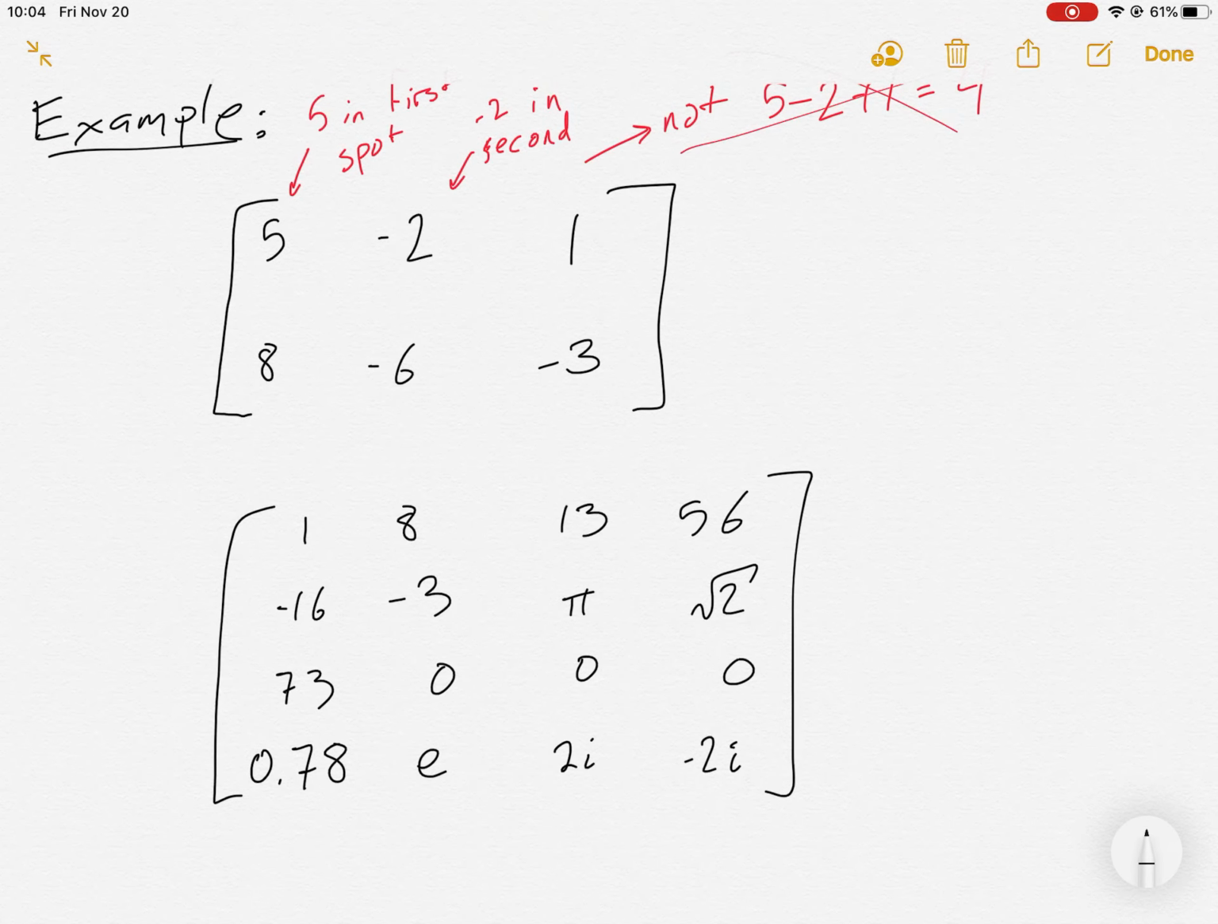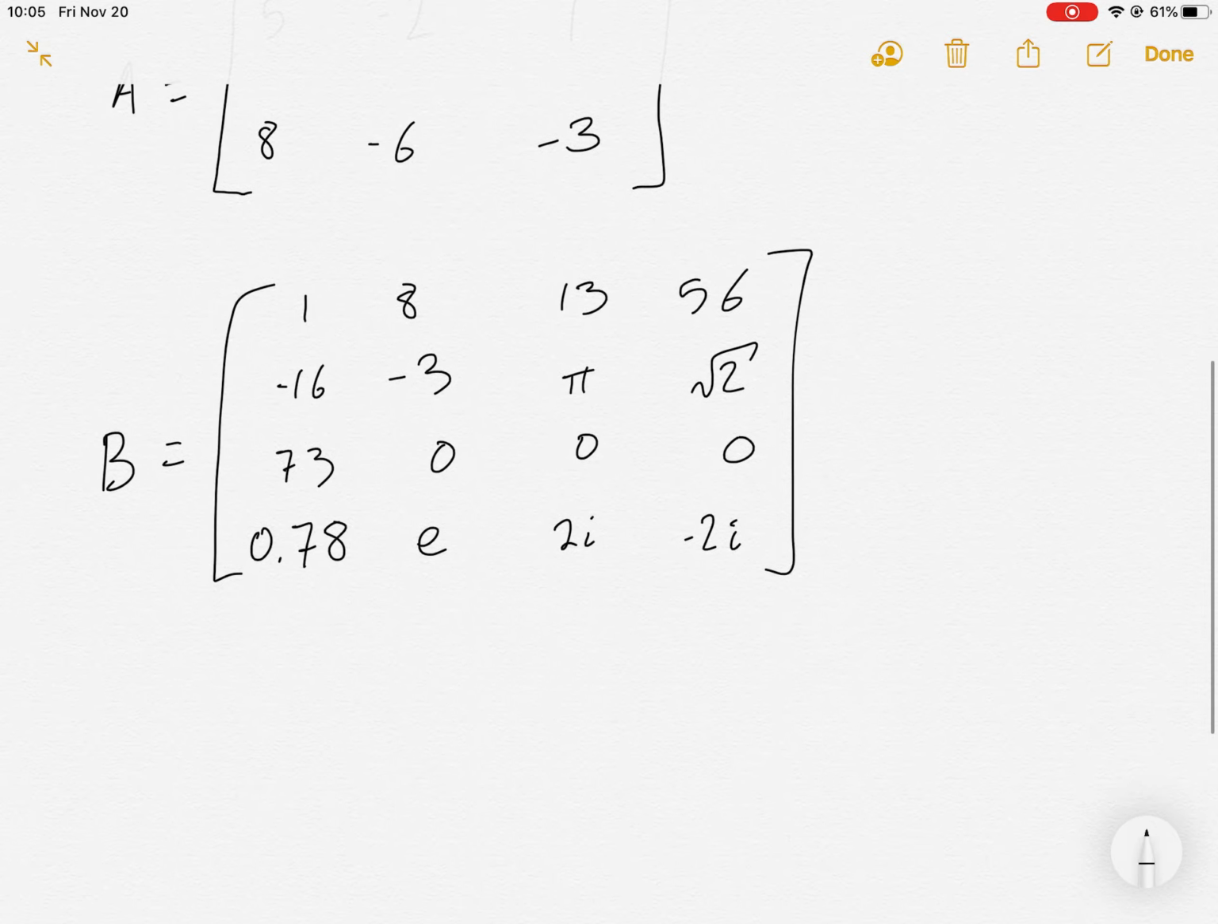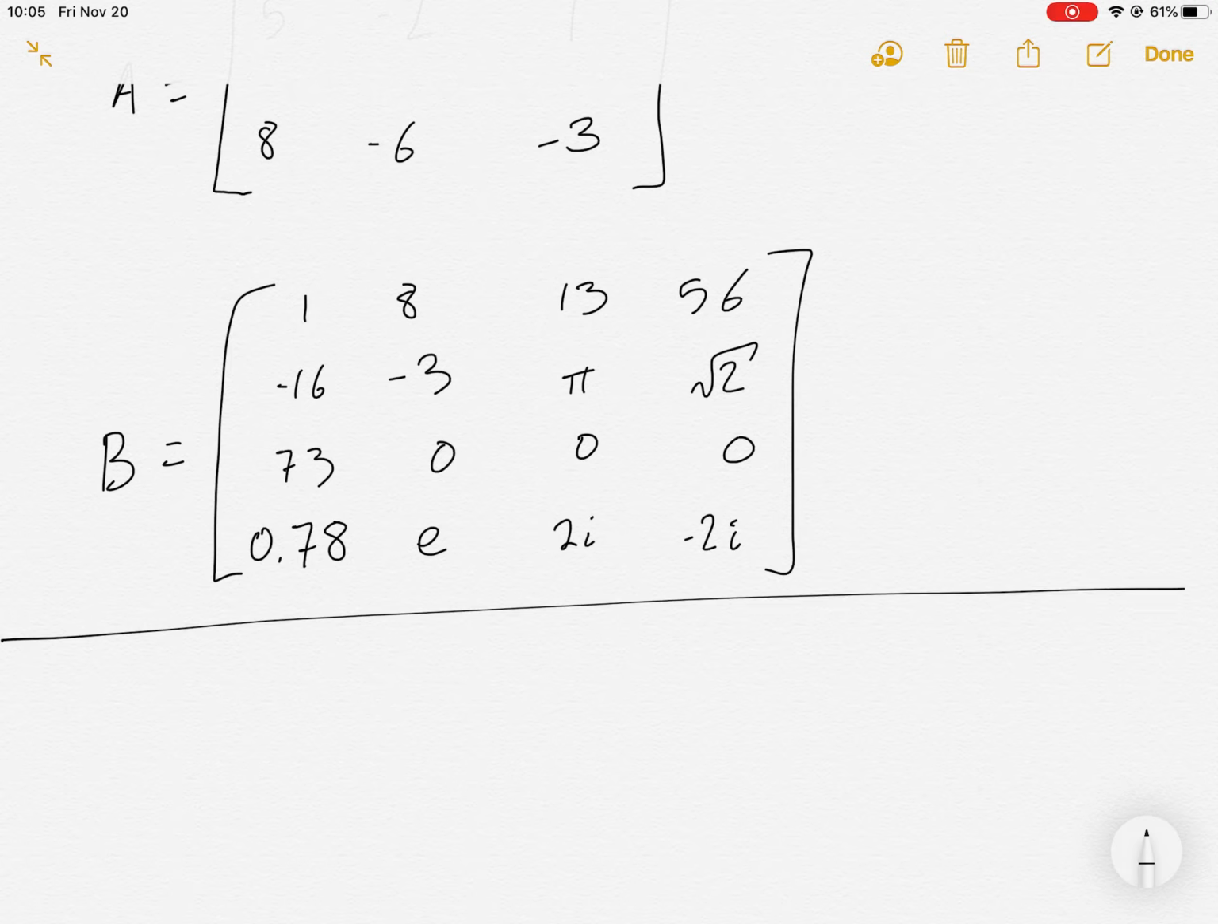Usually we use capital letters for matrices, so I might say, well, this would be A and this would be B, but it doesn't really matter too much. Just know that usually we use capital letters for matrices. So in general, a matrix A is given by